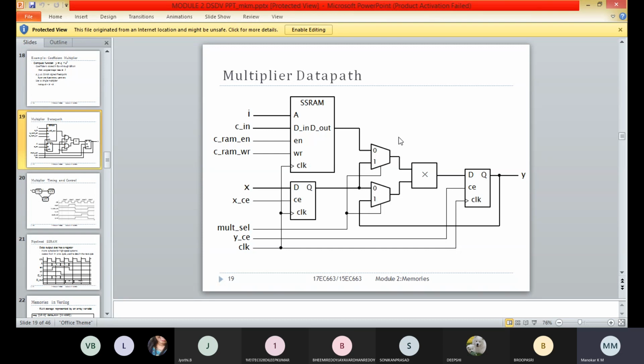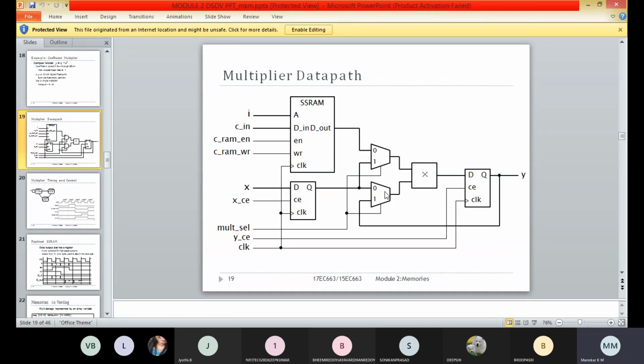Next, the second multiplier selects the X value. During the first iteration, Ci into X will be multiplied, and the result will be stored in this register. In the next iteration, Ci into X is sent back to this multiplexer.